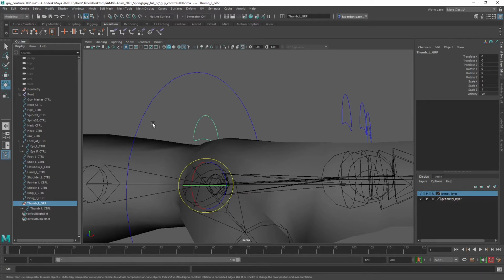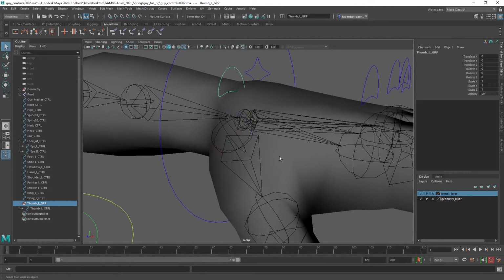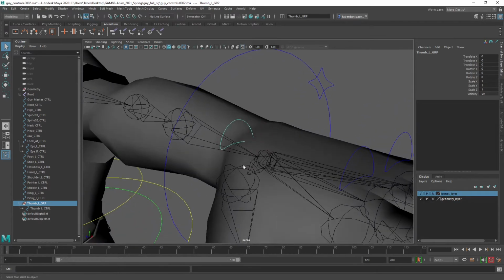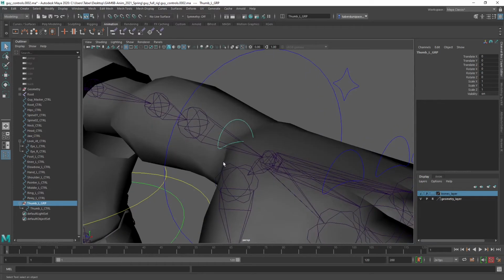So they're going to follow the hand control. Okay, so we're going to orient this group. There's a special way to do this. I'm going to hit Q just so I have selection instead of the manipulators in the way. And I'm going to allow the bone layer to be selectable for a moment because I'm going to shift select